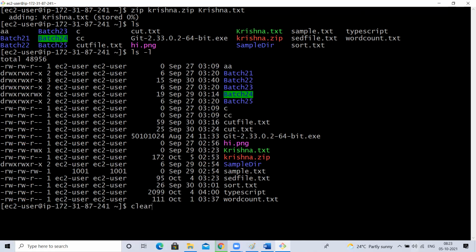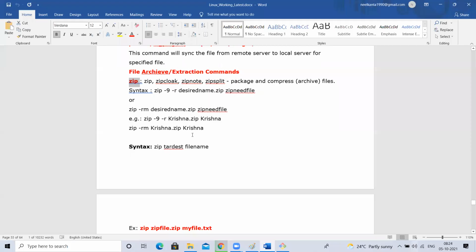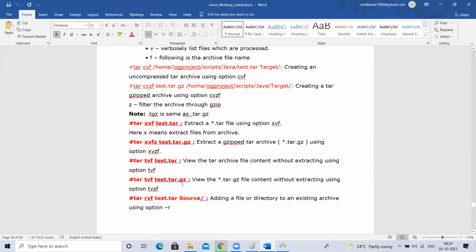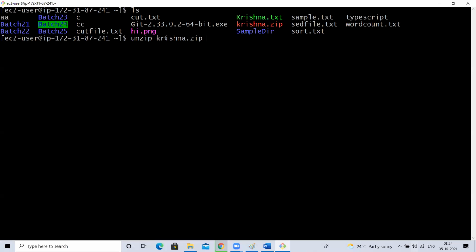Now I want to unzip it. When we have zip, we need to know unzip also, right? The command is unzip, and the file you want to unzip is Krishna.zip. If you use the default name, while unzipping, what does it say? Replace Krishna.txt?